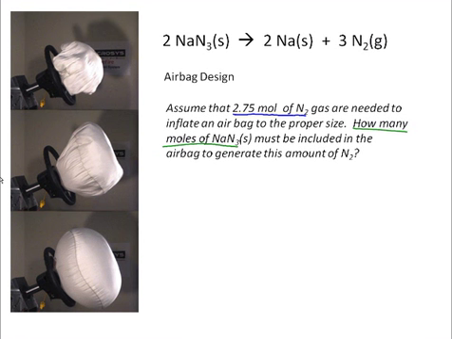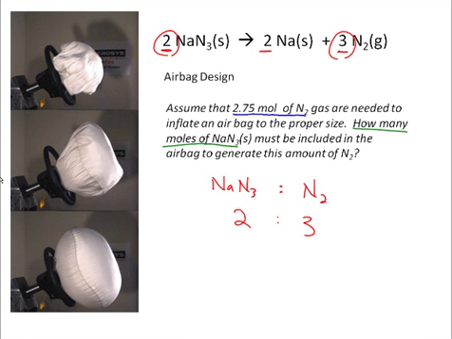And for this, we're going to use the coefficients from our balanced equation. So if I wanted to find out what my ratio is of NaN3, the sodium azide, to our nitrogen gas, then I'm going to use the coefficients out in front, which happen to be the 2 and the 3 right here. That's going to be my ratio. So if I had 2 molecules of NaN3, that would produce for me 3 molecules of